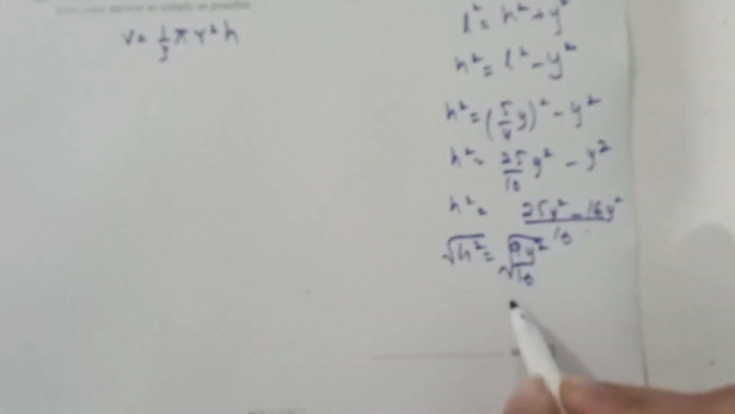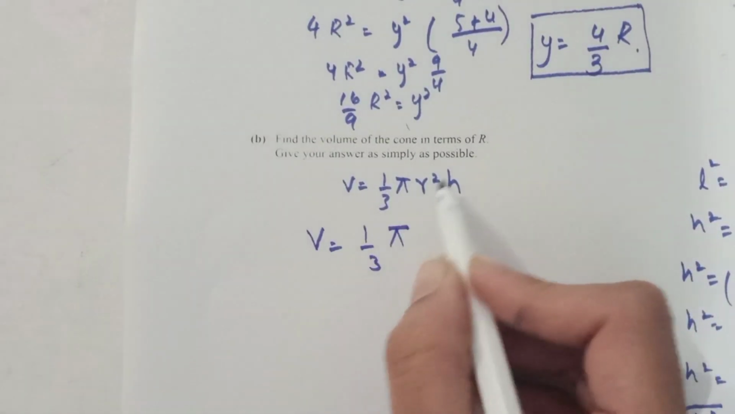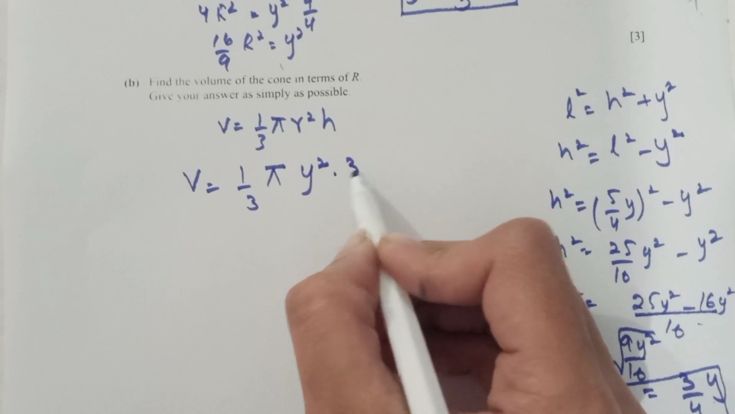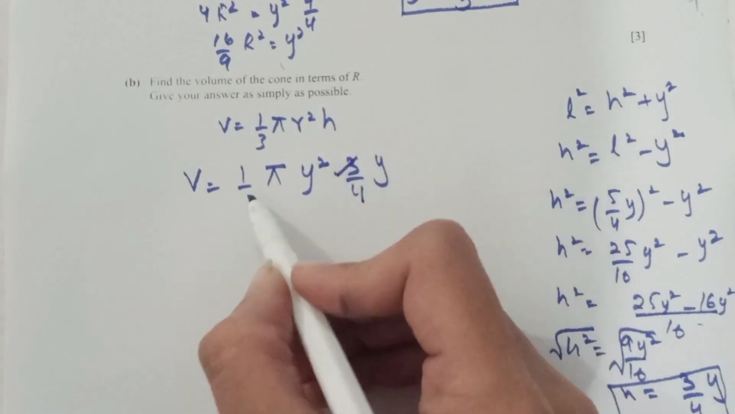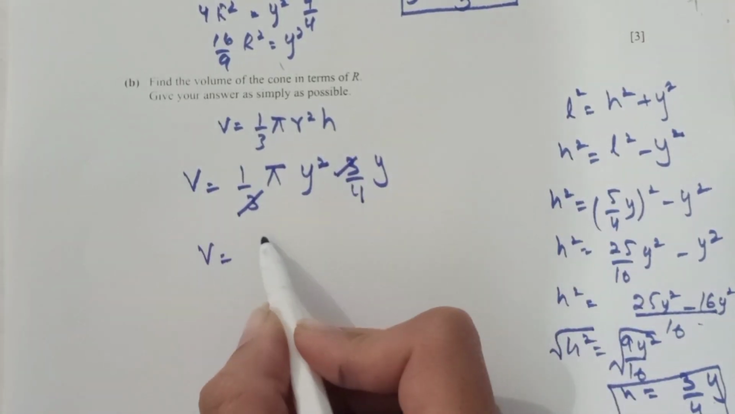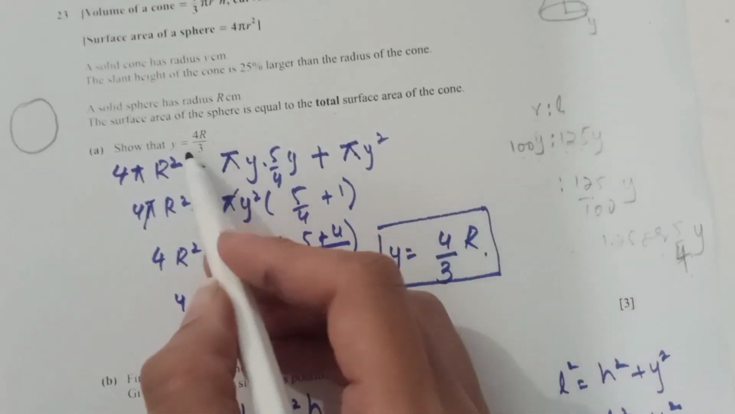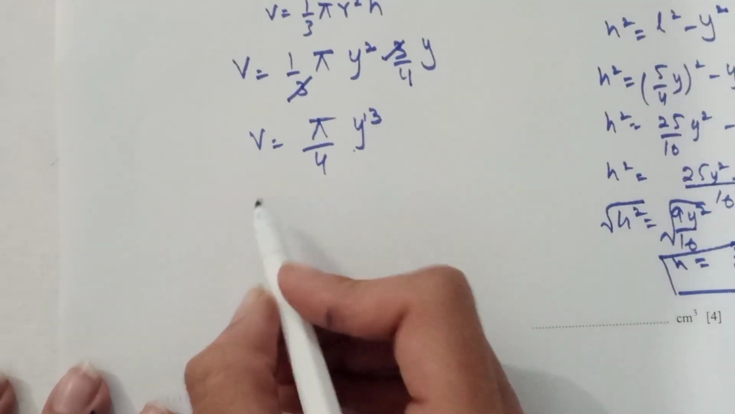By taking the square root on both sides, we get h is equal to 3 by 4 y. Now the value of h is 3 by 4 y. We put the values in this equation, which is 1 by 3 pi r square where r is y square, and h is 3 by 4 y. By solving it, we get pi over 4 y cube. We also know the value of y, which is 4R over 3, and we write there V is equal to